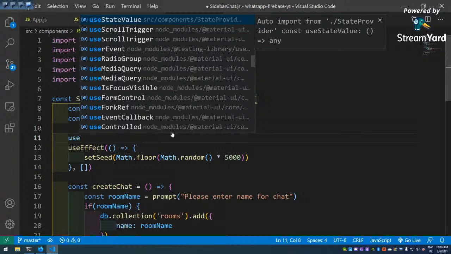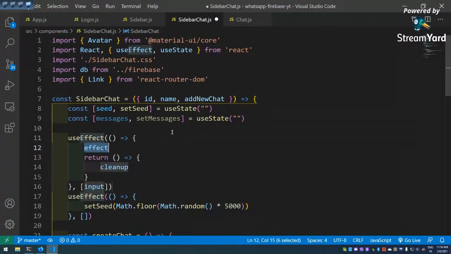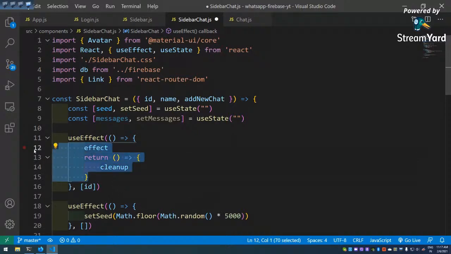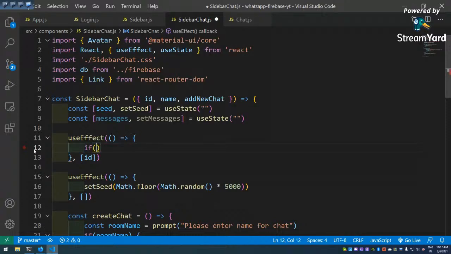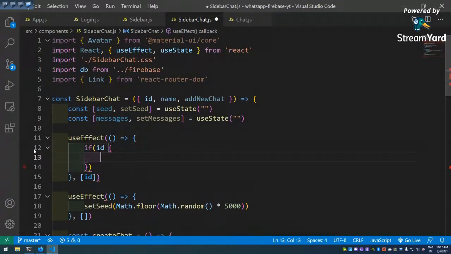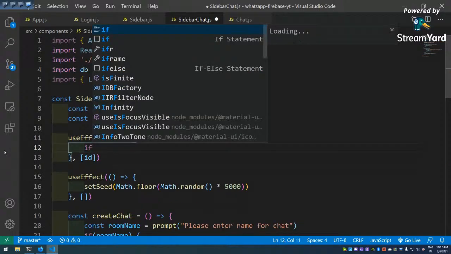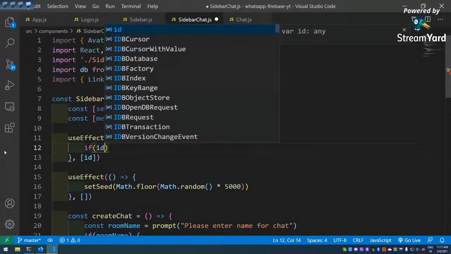This useEffect will depend on the id which we have. If there is an id, then what I'm doing: